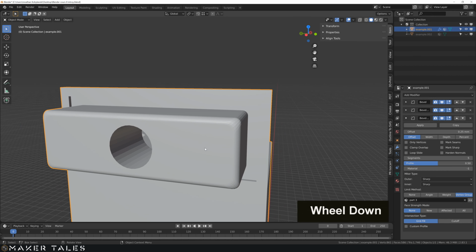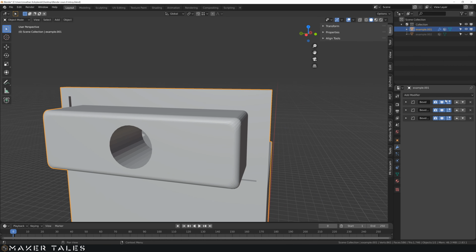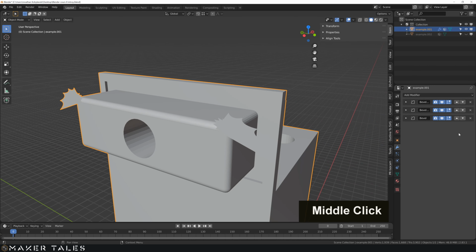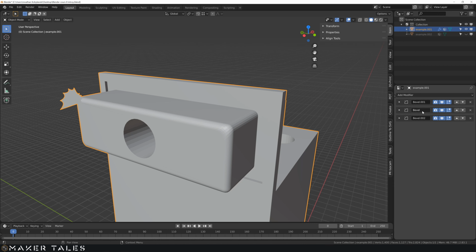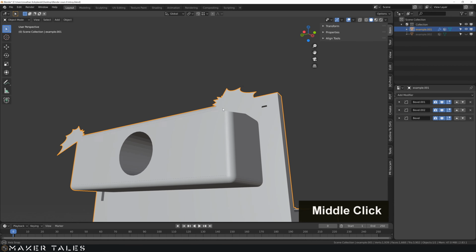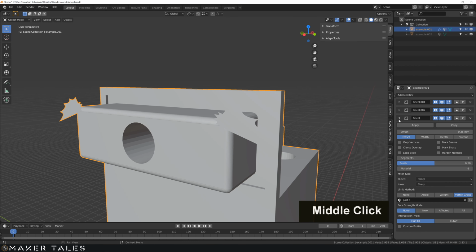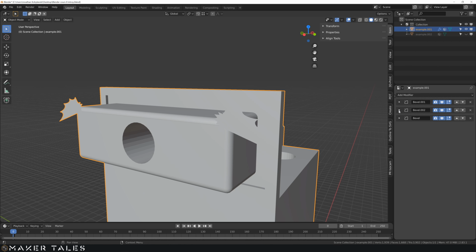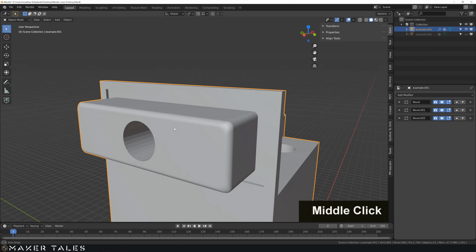Now, on top of that, we've got to make sure that we reorder these in a fashion that won't give us crazy problems. Let me just move that like that so you get to see what's going on here. So we've got our main bevel, bevel 1 and bevel 2. So if we put this bevel all the way down, you can see that we're getting some pretty crazy clamping going on there. And this is one of the reasons why I'm not exactly the biggest fan of the Bevel